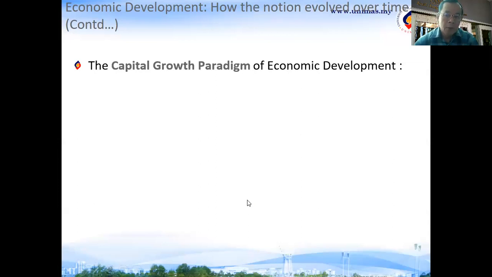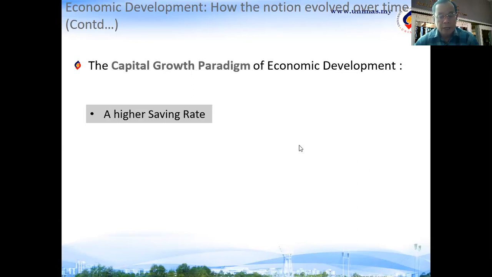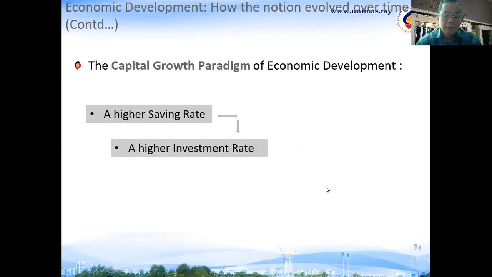Okay, now there is this issue of the capital growth paradigm of economic development. So the capital growth paradigm is the growth in the capital, the growth in the wealth of a nation. It happened because of the production we have seen early on, the increase in production and so on. So more goods are being produced. So that leads to a higher saving rate among the population of the country. And then with the higher saving rate, the country can have a higher investment rate as well. So more money in savings is used for investment,